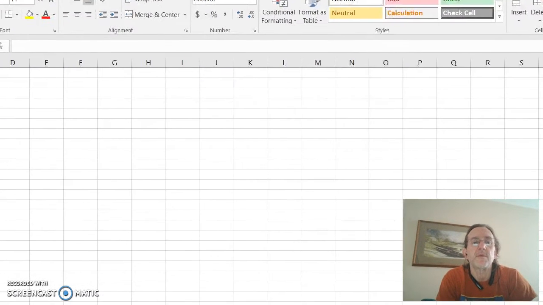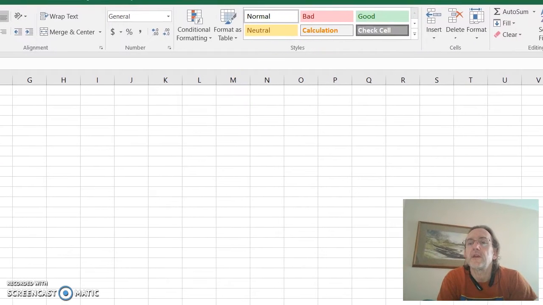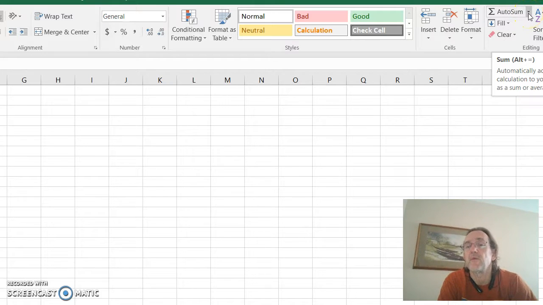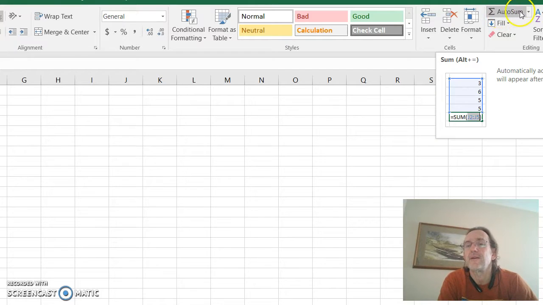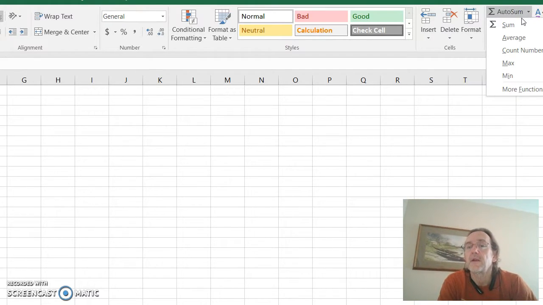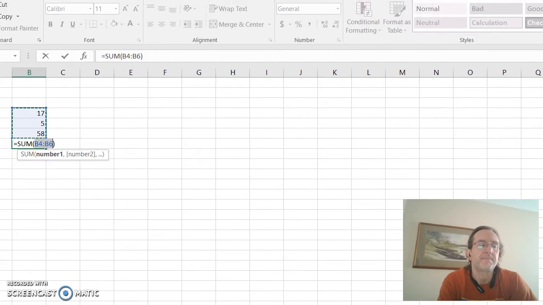So what I'm going to do is I'm going to put my cursor right there under 58, and then I'm going to come over here to this sort of Greek-looking E right there, and I'm going to click on the down arrow. This is the newest version of Microsoft Excel, by the way, but that E right there is pretty standard on all versions, I believe. And I'm going to click on that. I'm going to click on Sum, and when I click on Sum, you'll notice that right underneath where my cursor was,